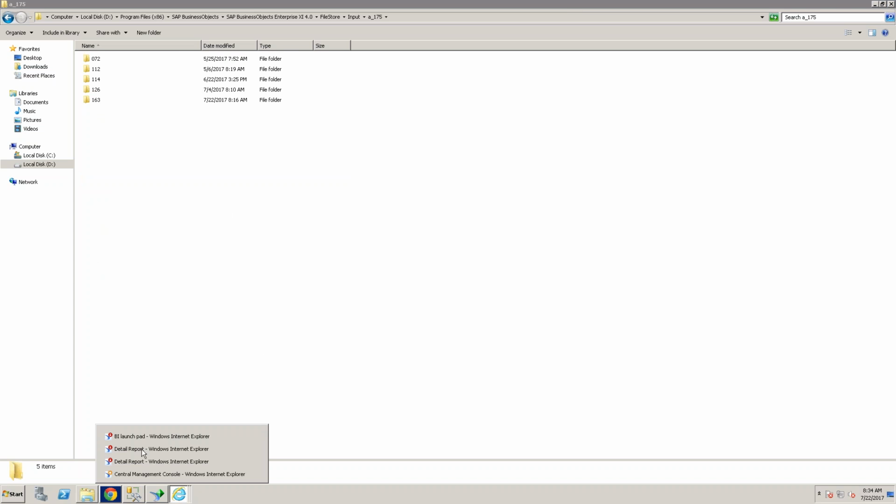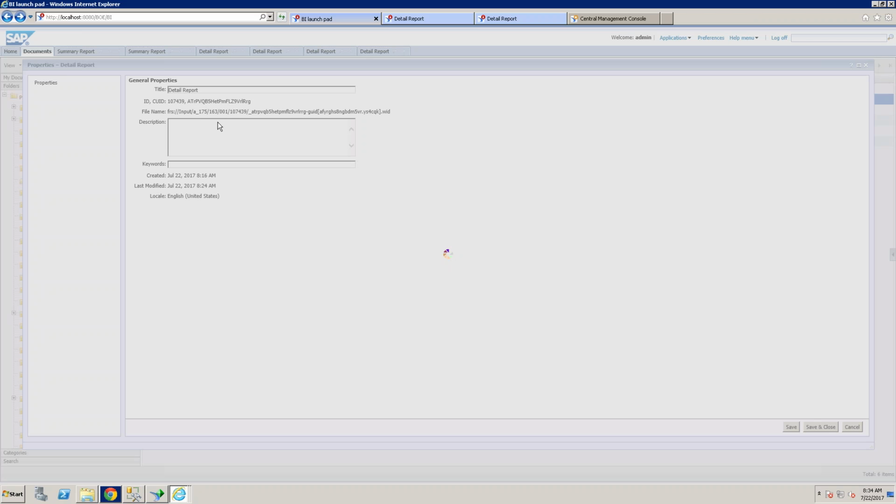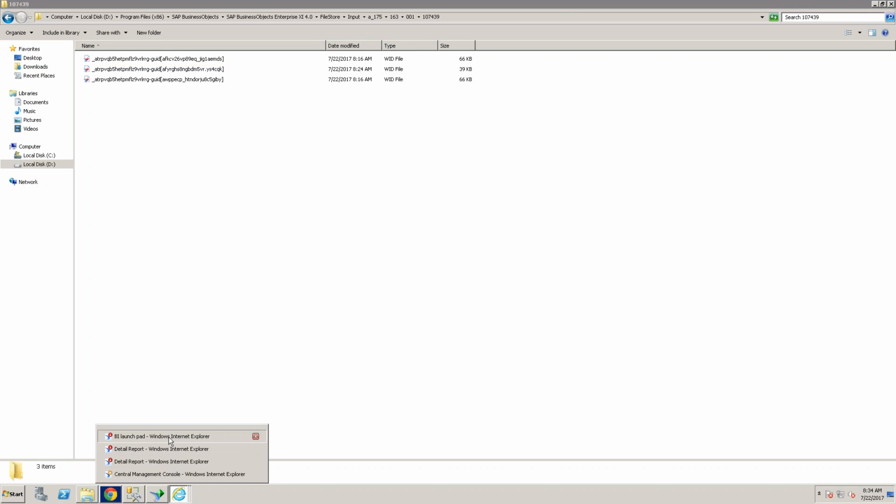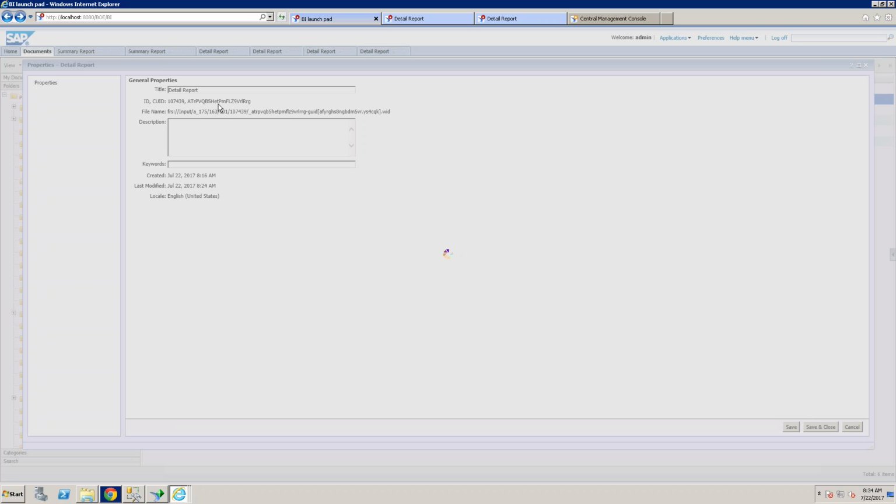Under that again 175, 163,001. See, the report is actually physically located in this location. When you try to open a Webi report, how does it come? It will open using the ID and CUID, and it will find the location in the file store directory, and it will open in our Launchpad.